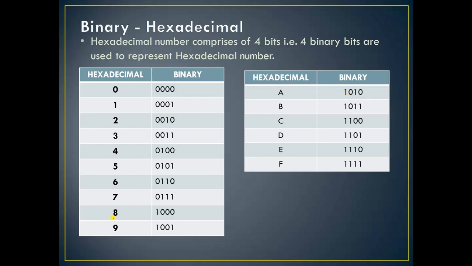Okay, same you can see 8. How will the 8 come? 8 is 2 raised to power 3. Now this is 2 raised to power 0, 2 raised to power 1, 2 raised to power 2 and 2 raised to power 3. So again you can see 9, how will 9 form? This is 8 plus 1. That's why this is 2 raised to power 3 and 2 raised to power 1, and the other remaining bits will be 0. Same way you will form 10, 11, 12, 13, 14 and 15. Okay, so we need 4 bits. That's why we represent this in hexadecimal number.